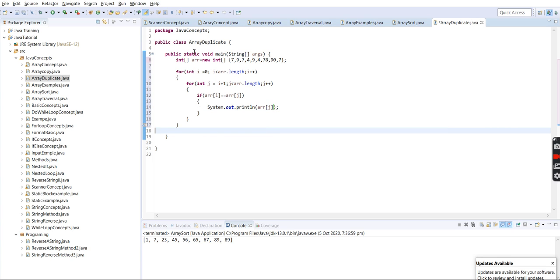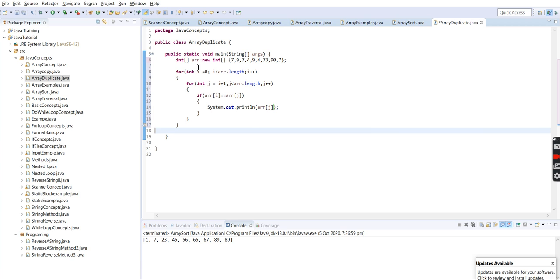So we know how the nested for loop works. It will start with the outer loop, I equals to 0, then it will come to the inner for loop. The inner for loop will complete the whole loop, then again it will go to I equals to 1, and again it will come to the inner for loop and complete it, then there will be an increment of this I, and it will go to index 2.